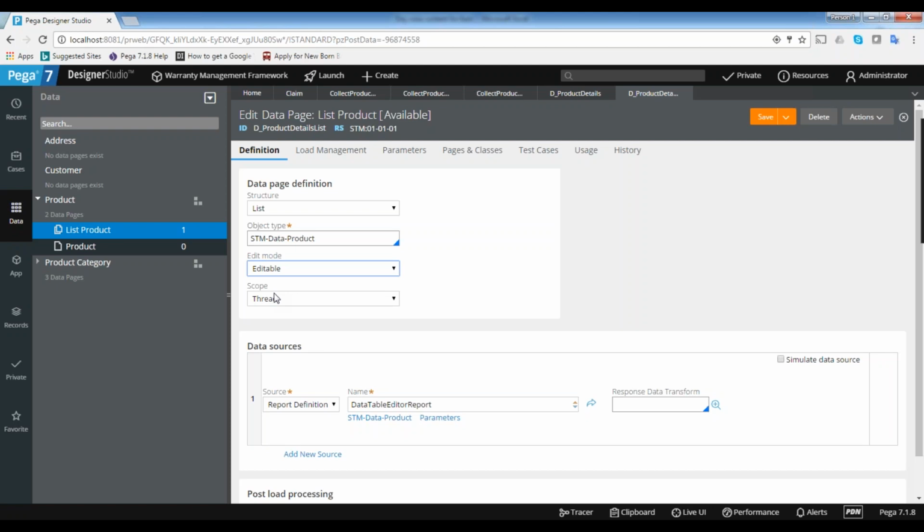When you make it editable, it doesn't mean that if you edit the data, it will automatically store the data. People have an assumption that when you make it editable and submit something, the system will automatically store the data. It won't be like that. Editable means you are just editing on top of the stored data, for your convenience, but the source is not changed. If you want to change the source, you need to build the logic in the background to save the data. That is the point you need to remember.